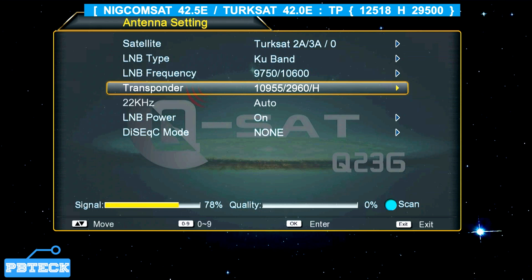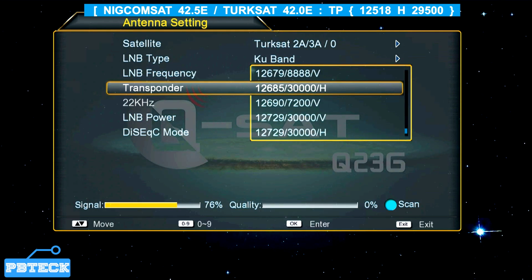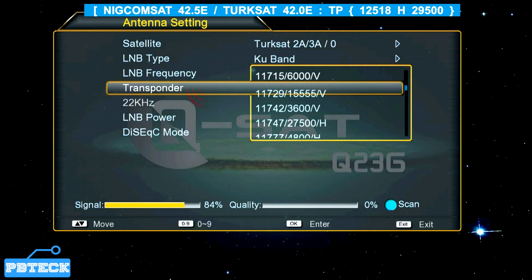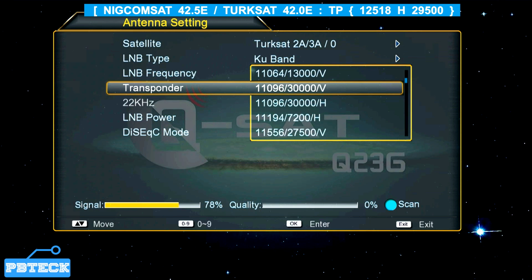So with the transponder, I'm going to highlight the right SATEC transponder, which you're going to use to track or scan to get those NigComSat FTA channels on the SATEC option. So the TP that we're going to use for the SATEC is 12518 horizontal 29500. So it's not in this list, so all we got to do is to add, and you cannot